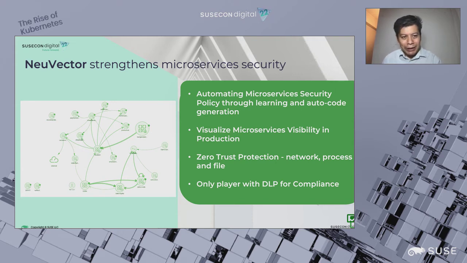So this is based on the zero trust principle, where you just allow the traffic that you can allow, instead of just blocking the invalid ones. This is the most trendy, popular approach to help protect your application. This can only be simplified and made possible through all this auto code generation, which is one of the reasons why NeuVector has been very popular. And on top of this, it also gives you the capability, just like what you see in Kiali,